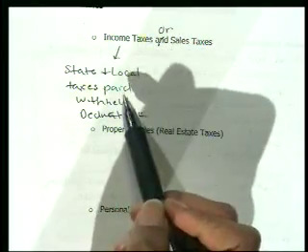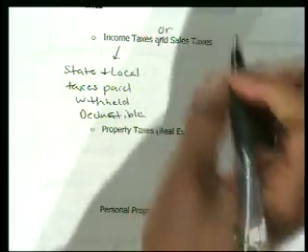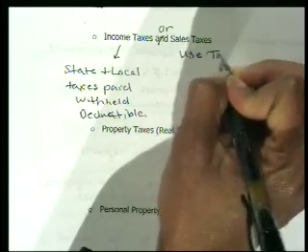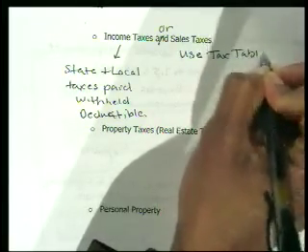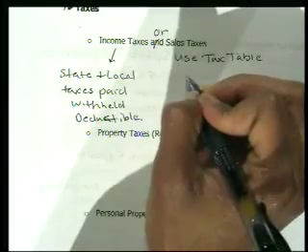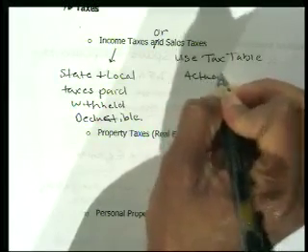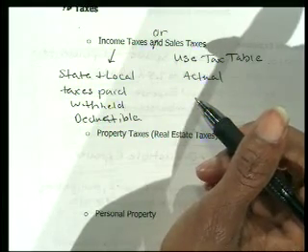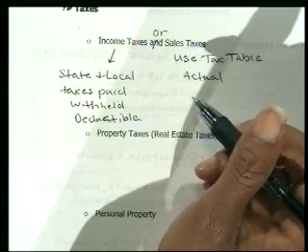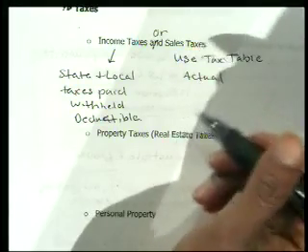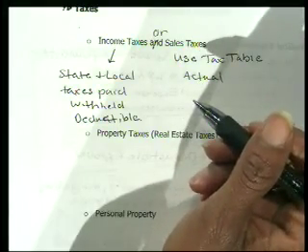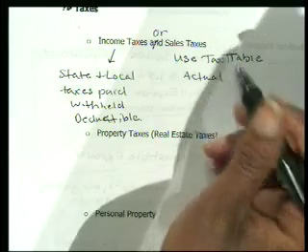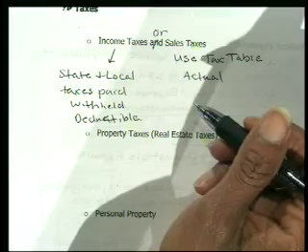Or you can take this sales tax option and you can use a table that they offer, or you can take actual sales tax. That meaning that you would have to keep track of all your receipts and all that in order to get the actual sales tax. Other than that, you can take the actual or use a table.